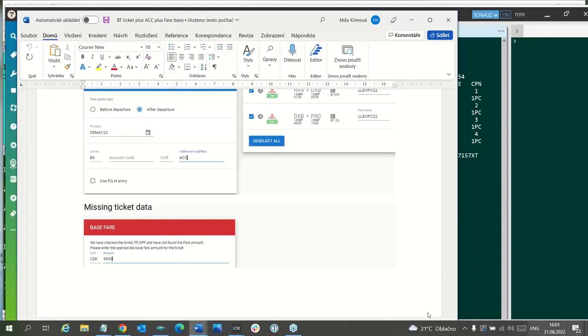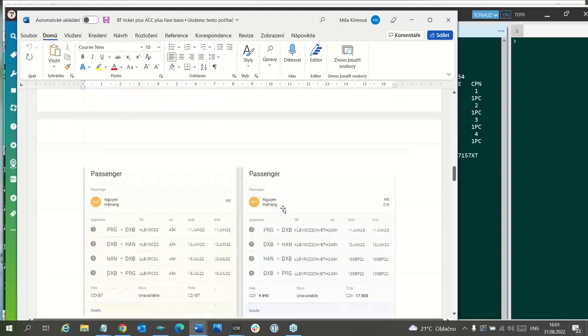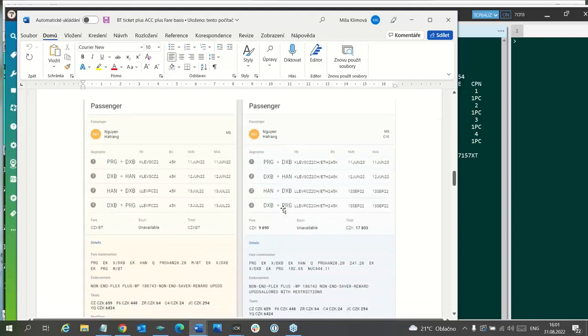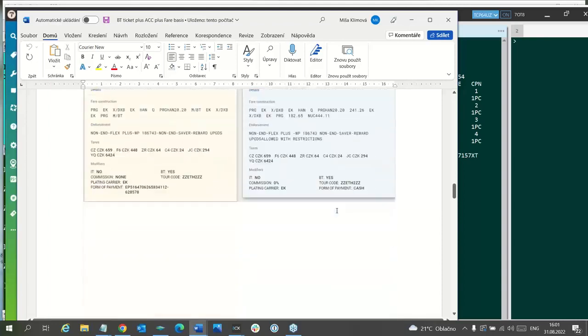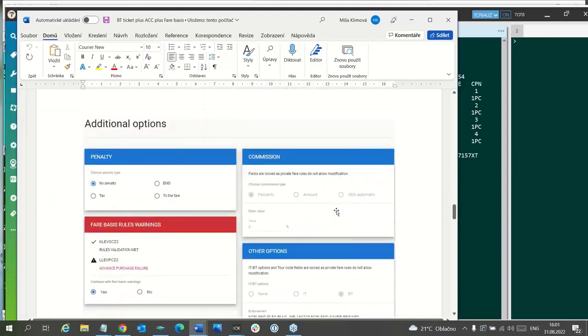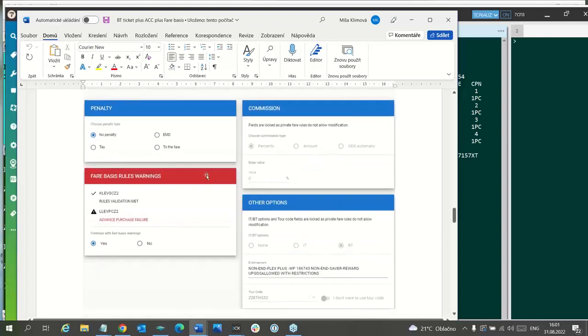So it is also very important. And now we have received the fare calculation. The fare calculation is here. And this is very important. This I wanted to show.